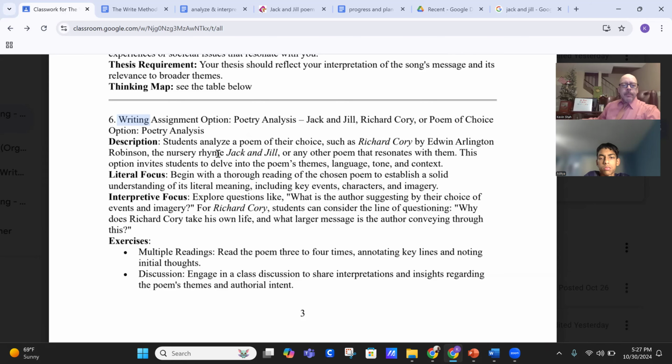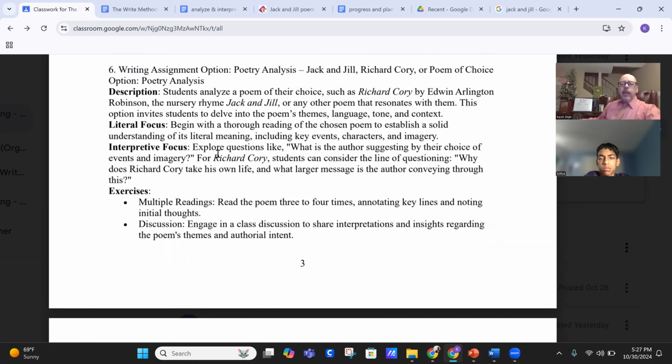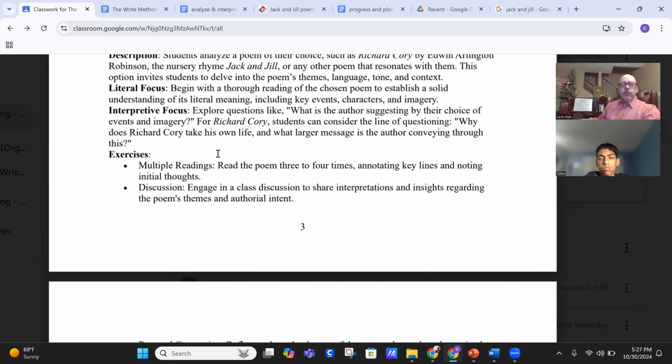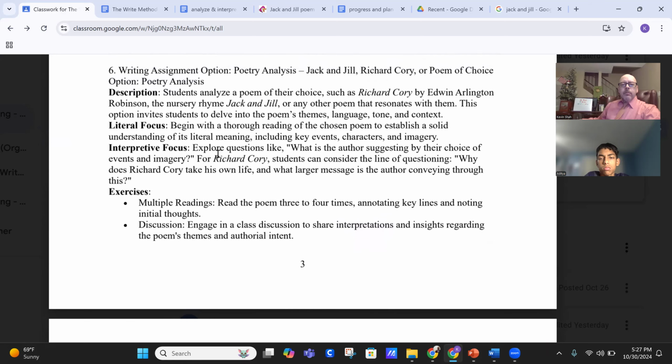When it says annotate here, I would definitely print it out. I would also use a 3-column note page, just like we used earlier today, and that way you don't have to think about anything else. You may or may not choose to do the poem, but it's just a suggestion that I have. Okay, now the interpretive focus. So here's a good example.